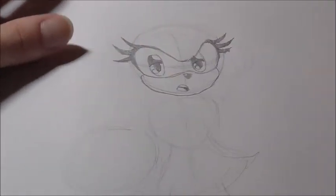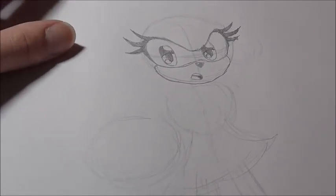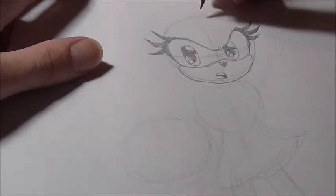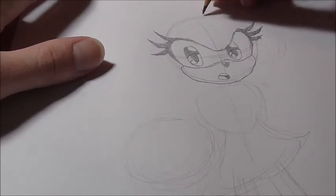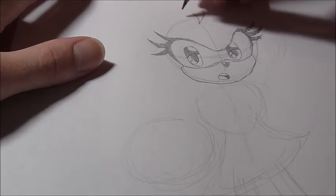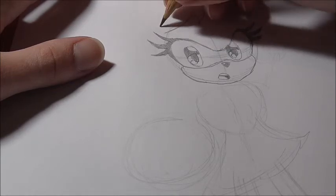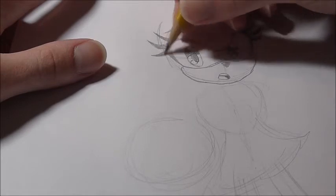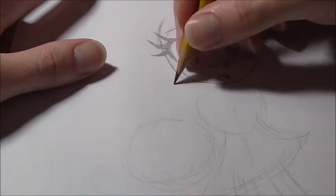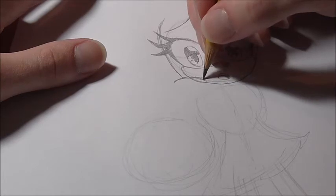And there you go, that's kind of like her face. And now for her bangs, they're actually kind of different. Basically, from the looks of it, she has kind of a little spike here, like that. And then it kind of curves in over here. And then she has a big spike that goes down this way. And then another little spike kind of curves here